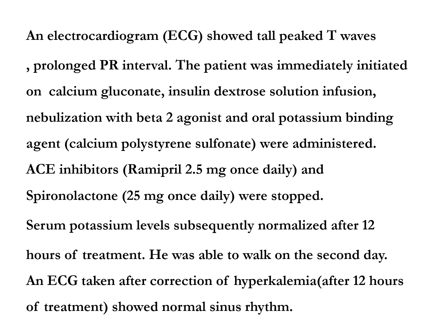The patient was immediately initiated on calcium gluconate to antagonize the toxic effect of potassium on the heart. He also received insulin dextrose solution infusion and nebulization with beta-2 agonist, both lead to intracellular shift of potassium, and the oral potassium binding agent calcium polystyrene sulfonate was administered, and the patient's drugs, ACE inhibitors and spironolactone, were stopped, and the serum potassium level subsequently normalized after 12 hours of treatment, and the patient was able to walk in